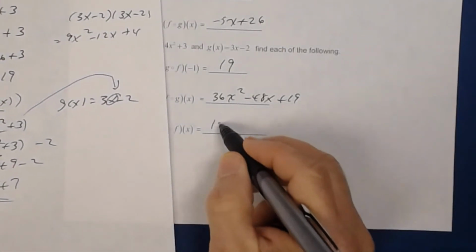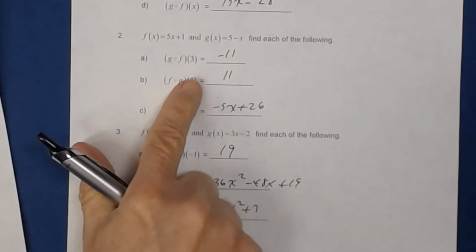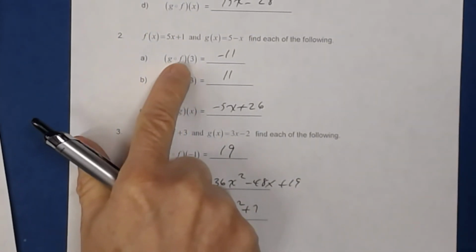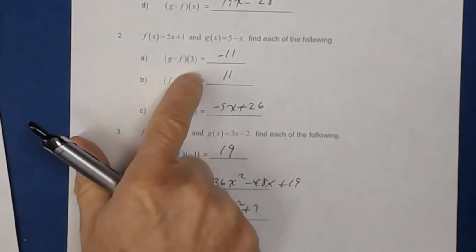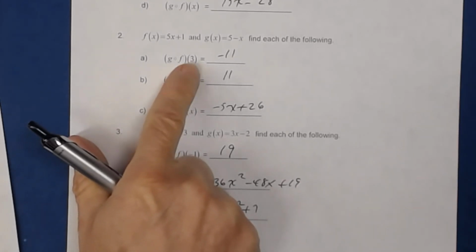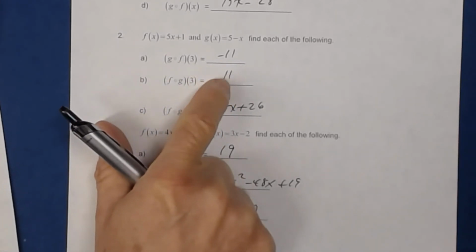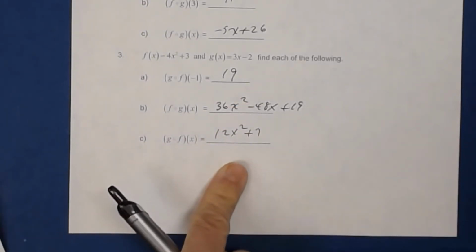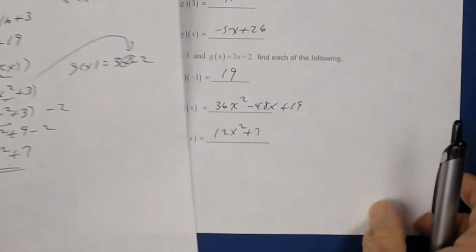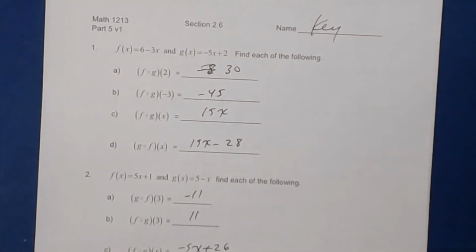I remember a while ago, I wanted to make note that g composed with f at 3 and f composed with g at 3, just because those are the same numerical value, doesn't always mean they're opposite. It just turned out to be opposites there. So you can see that those are not opposites. Okay, so that's the key to worksheet 2.6, part